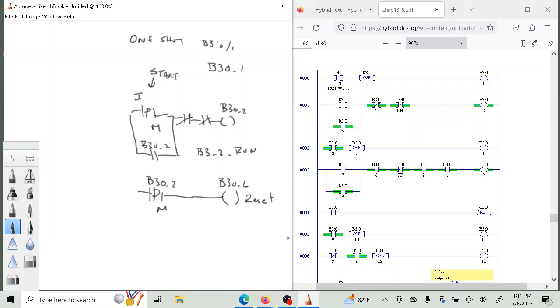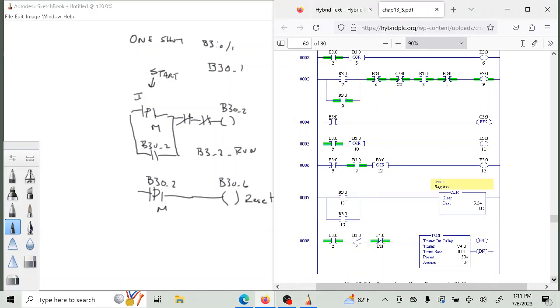But the only other thing that's going to be interesting for you here is this S:24, which is in rung 7, for that one, we're going to have the B3